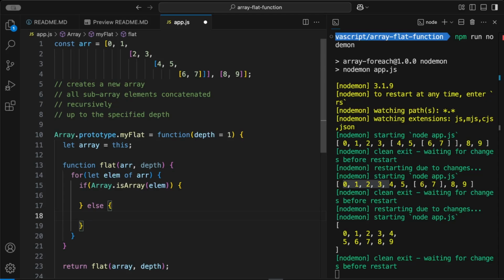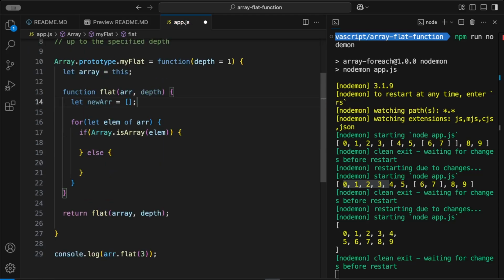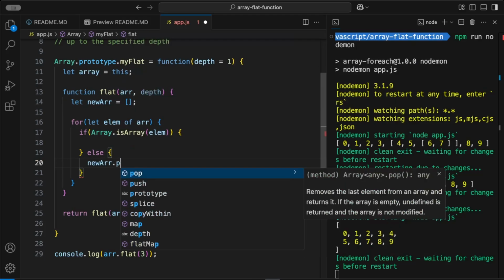So what we need to do? We have to create a new array. Okay, so let's create a new array over here. So let newArray and assign a blank array to this variable. Fine. Now we can simply push the element to this new array